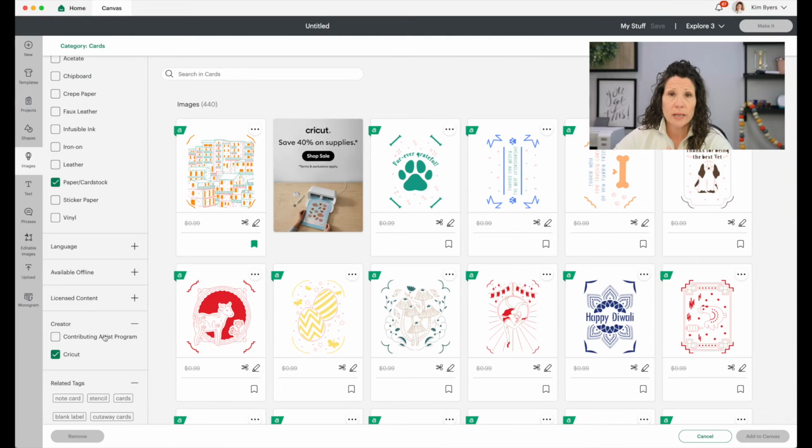I have Cricut Access, and I live in the United States, and I get 440 results. And I've heard that people who live in other countries sometimes get different result numbers. But you're going to be able to go through this and look at all these cool cards. But if you want to narrow that down again, so if you're doing birthday or anniversary or